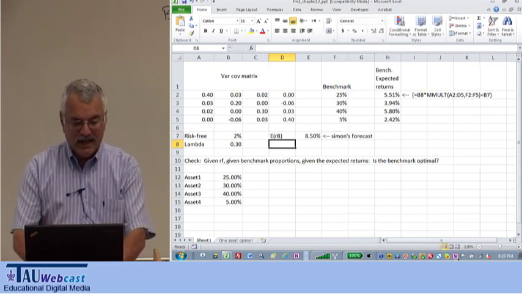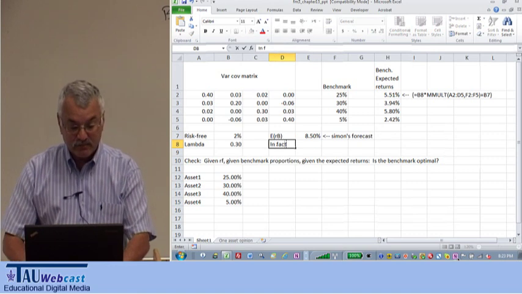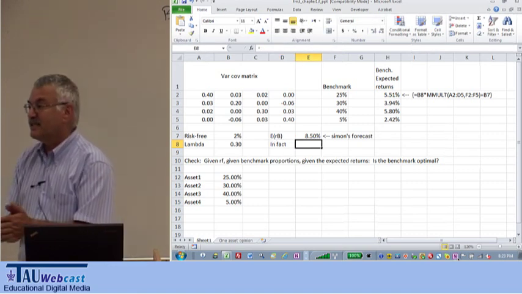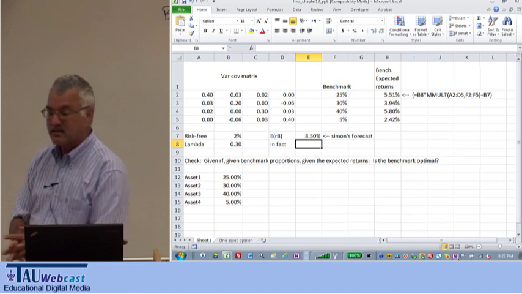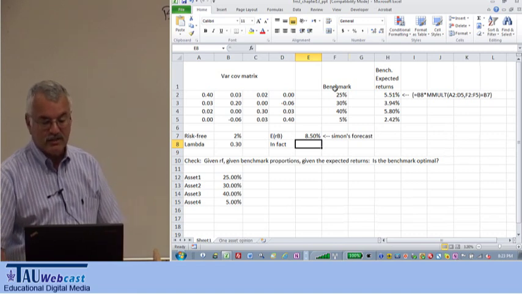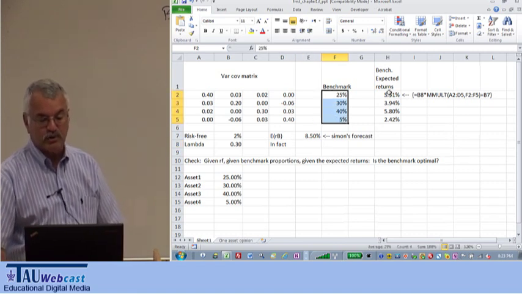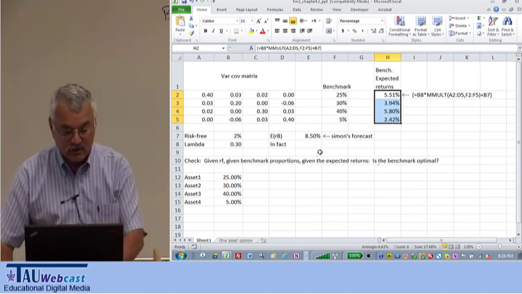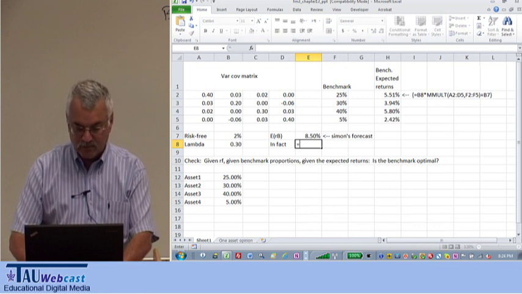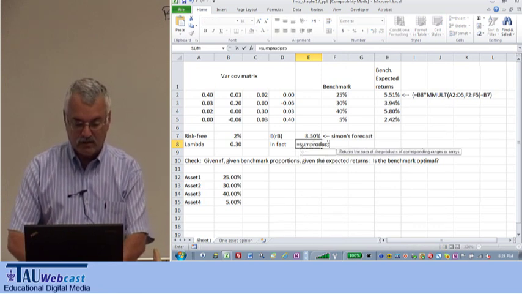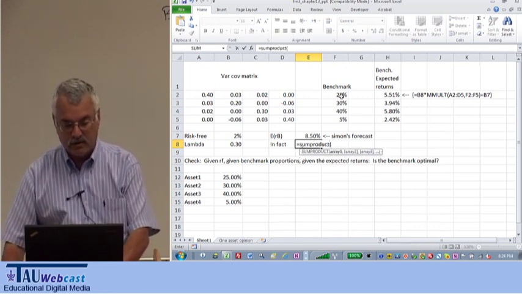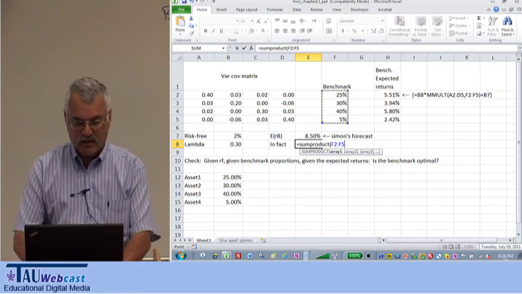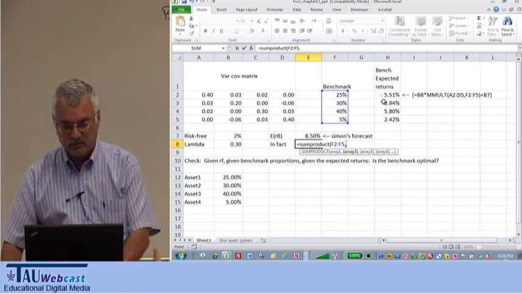Now, in fact, let's take the in fact. So how do you do the in fact? Well, you do it by taking the benchmark proportions and multiplying them times the returns. So that's just a simple sum product. So you take this and you multiply it times